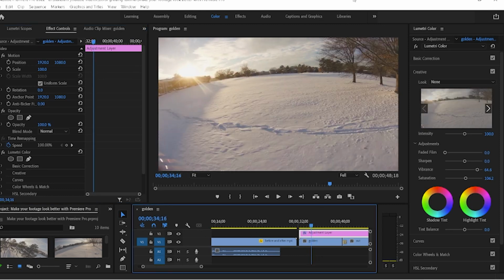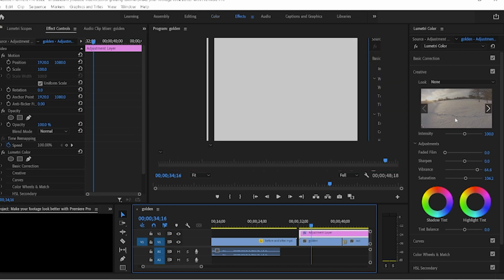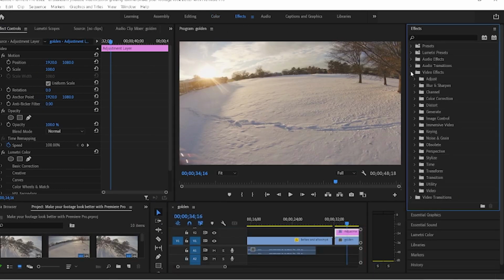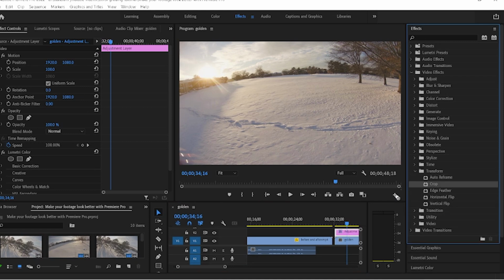As for a little bonus, I'm going to show you how to do the little cinematic bars if you want to add those into a video. So you want to click on your Lumetri color, and we're going to go to effects. Open up video effects, transform, and we're going to add a crop onto this whole adjustment layer.